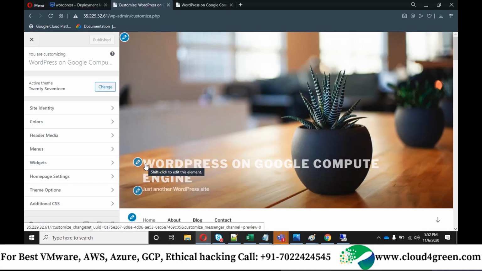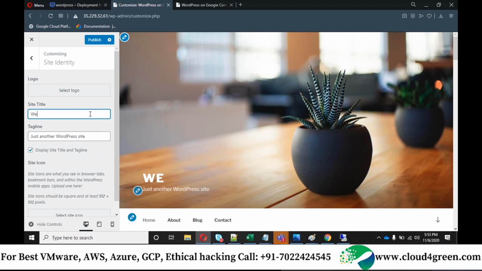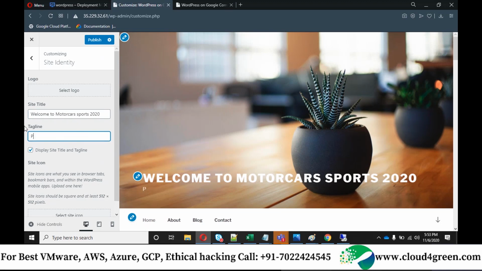See, there is an edit button here, right? You can click on edit, and here you can change the content. Okay, you can simply click on publish.